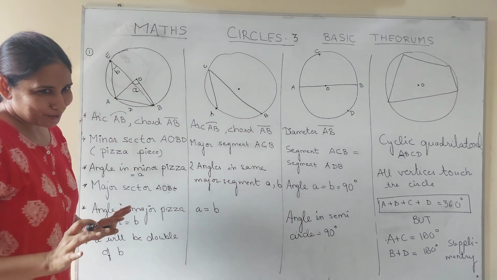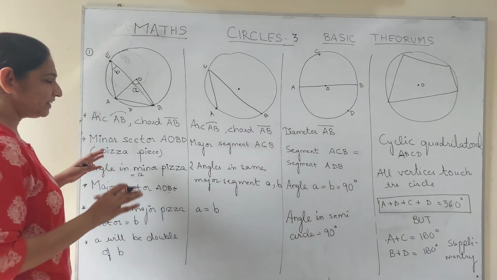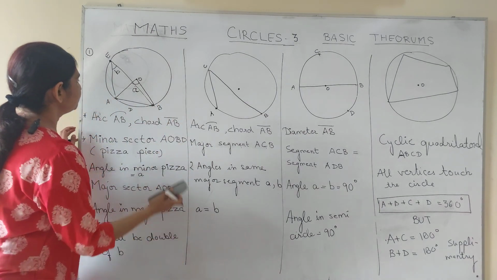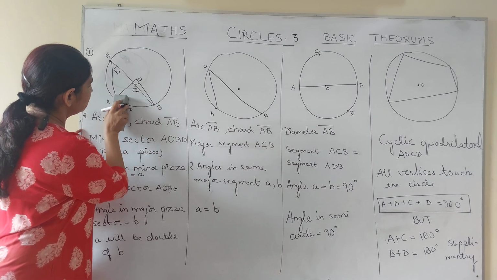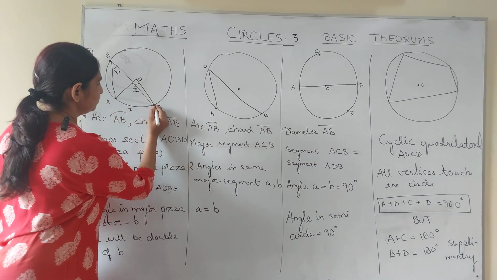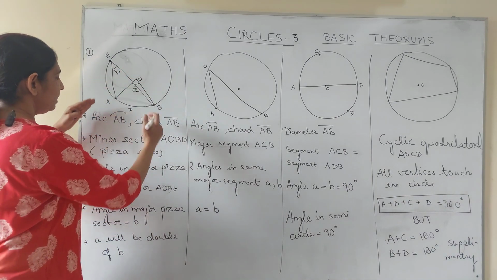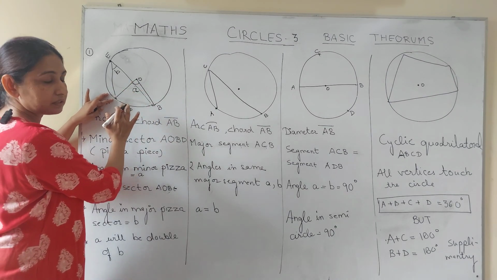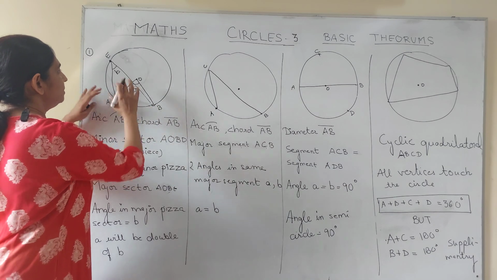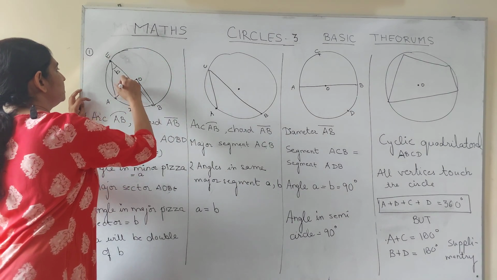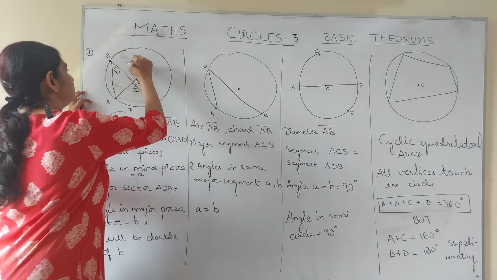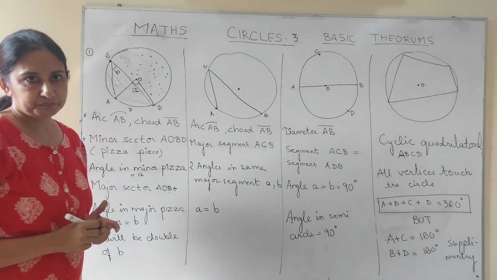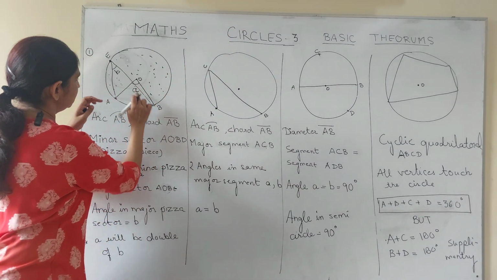So now let's come back to the maths. The analogy is enough. So we have an arc AB or a chord AB. Let me simplify it and make it an arc, so that it is easy to view. Then arc AB gives us a minor sector. Now see, it's a pizza piece. We call it a sector. This is a minor sector, while all this, the dotted portion, is the major sector. If you're not sure of the sectors, please refer to part 2.